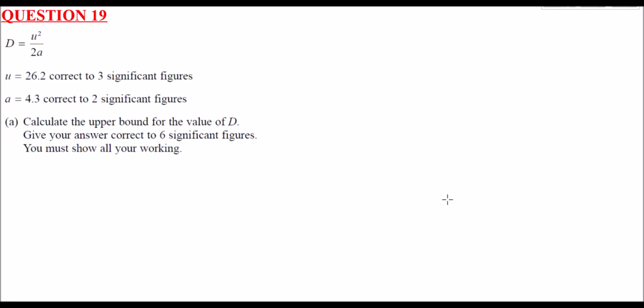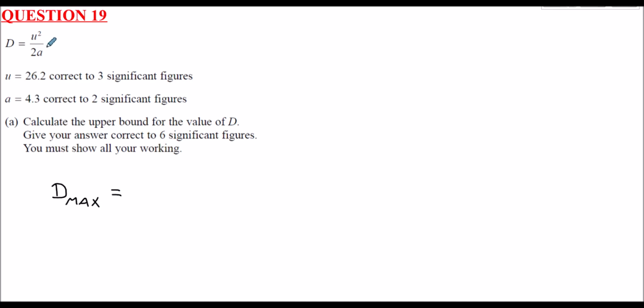Question 19. This is a bounds question. So we've got that d equals u squared over 2a. We're told that u equals 26.2, correct to 3 significant figures, and that a equals 4.3, correct to 2 significant figures. And we need to calculate the upper bound for the value of d. So upper bound just means the absolute maximum that d could be. Now d is given as a fraction, so u squared on top, 2a on the bottom. So to maximise d, to find d max,